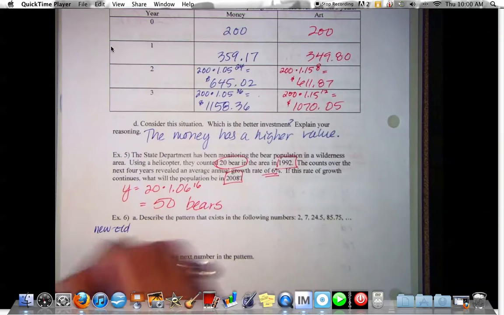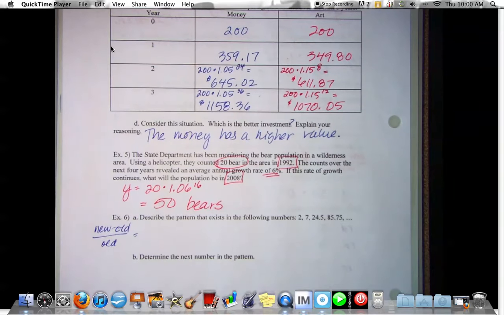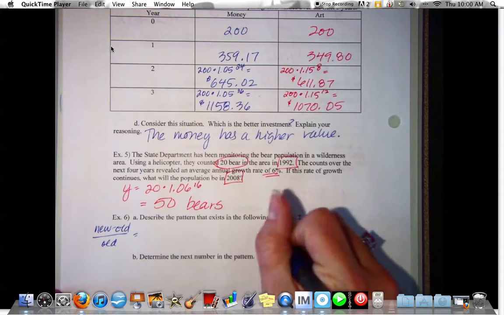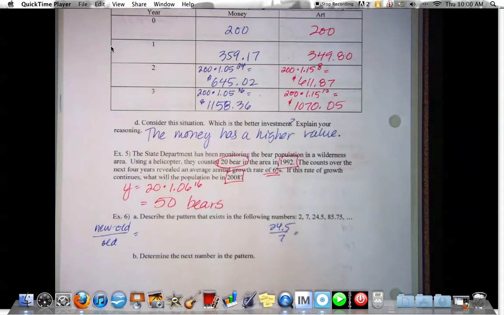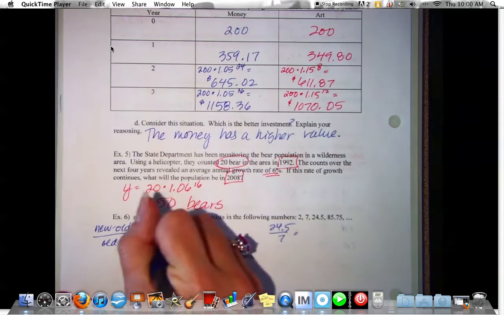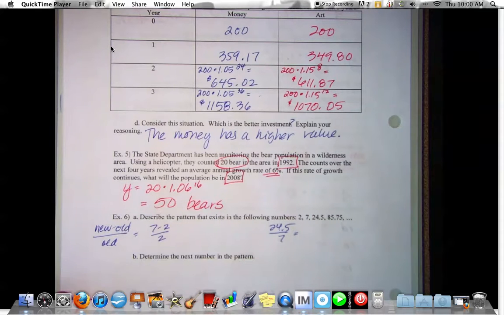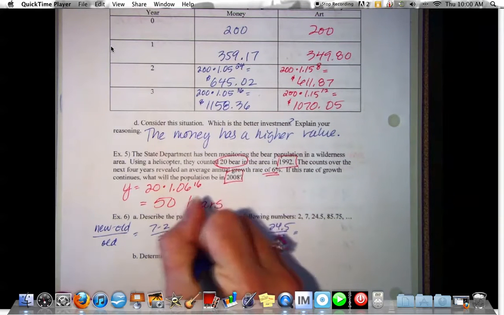So if we do the new minus old divided by old, I have 7 minus 2 divided by 2, which gives me 5 over 2,